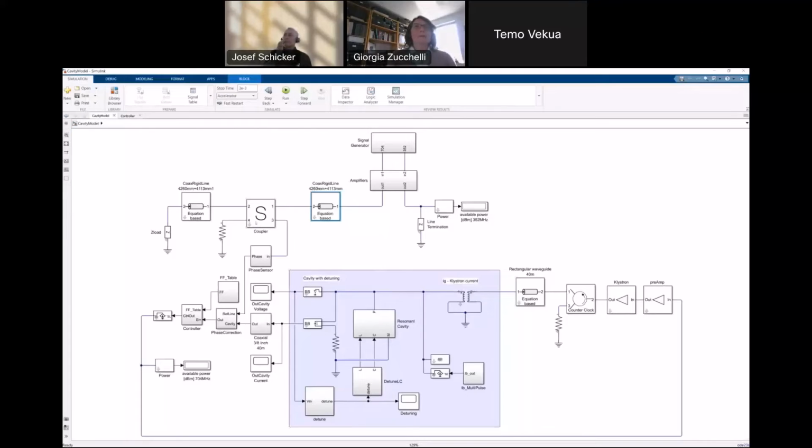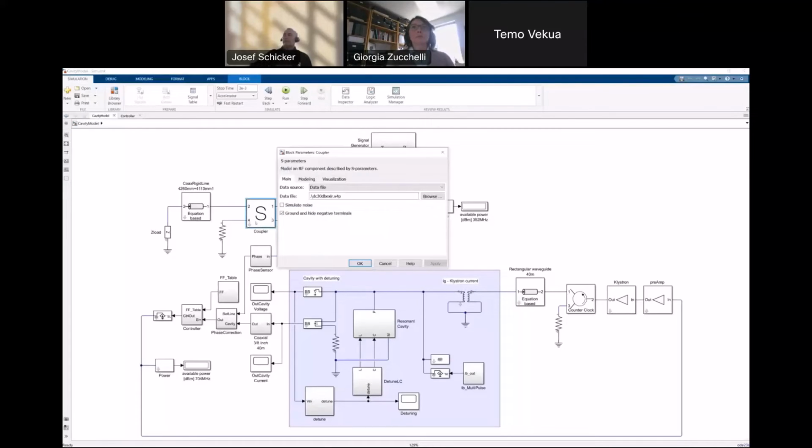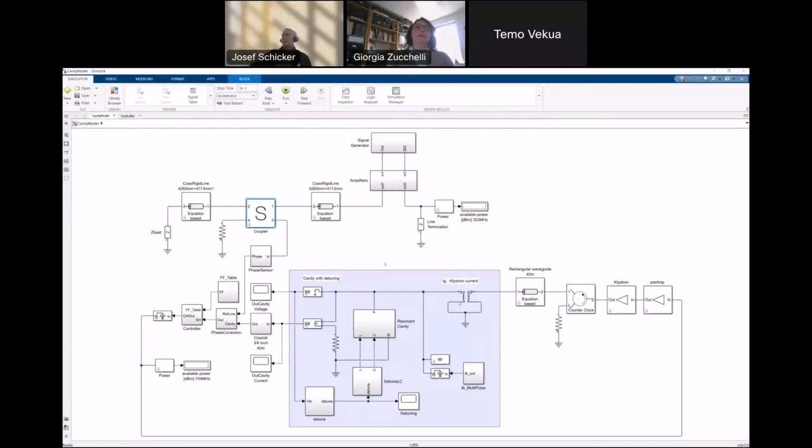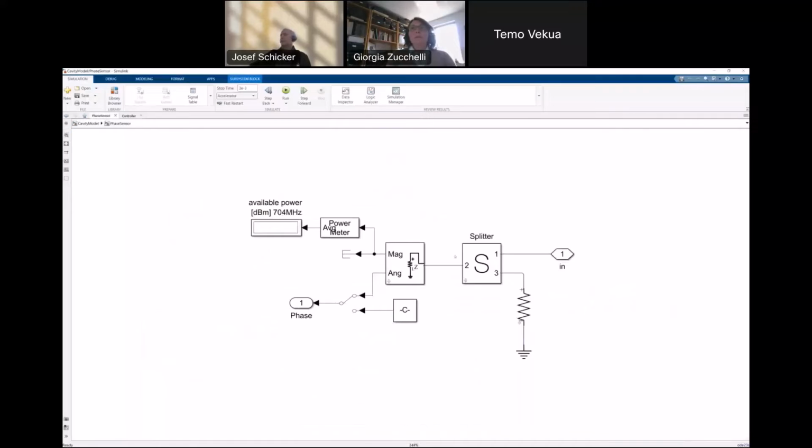We have a coupler. This again is not a behavioral model, but is actually represented by its S parameters, so we can look at different levels of isolation and coupling factors. At the coupled port, we probe our output signal, and we actually probe the phase of our signal.